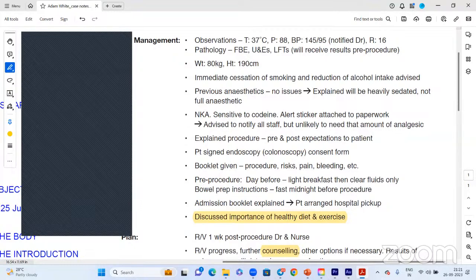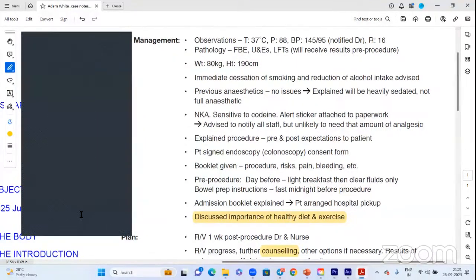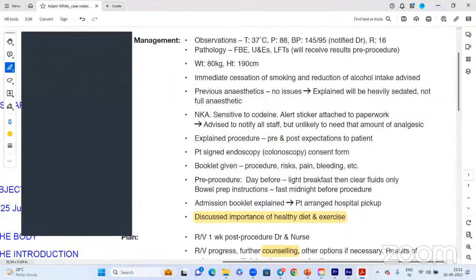Absolute compliance with regard to healthy diet and exercise regimens have been